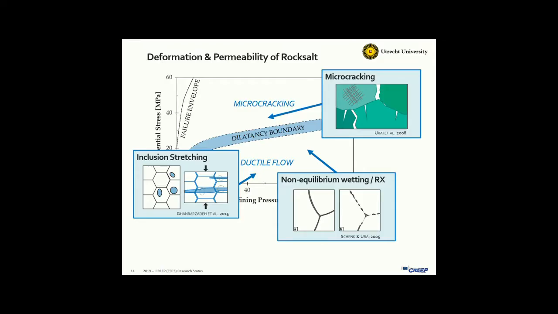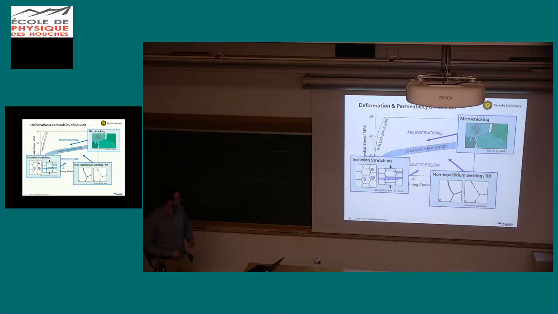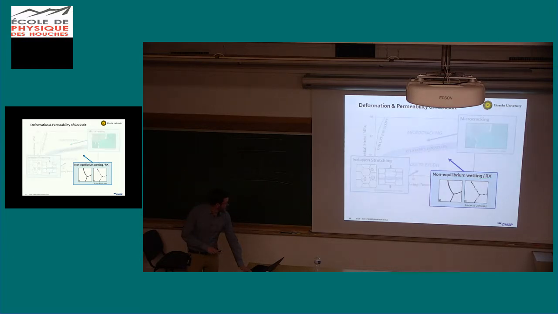And the third mechanism I mentioned briefly assumes you deform the salt, and with this the inclusions are deformed as well, and this can also lead to an interconnected pore network, which is a bit hard to imagine, but that's why we looked at it in more detail. For now, I want to focus on giving some simple calculations of possible permeabilities